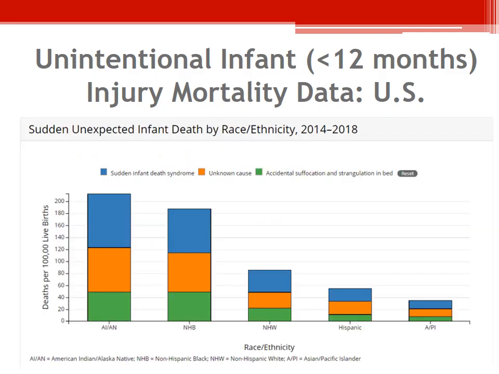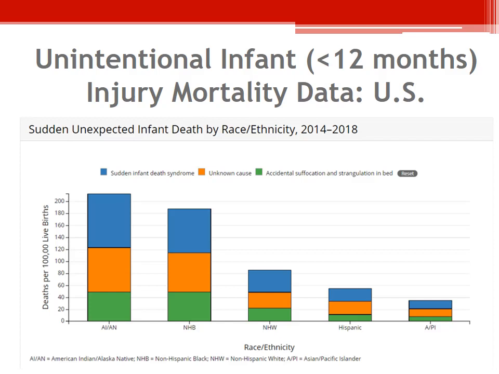Like many other forms of injury death that occur in the United States, sudden unexpected infant death is not seen uniformly across different race and ethnicity categories. These are numbers per 100,000 live births, so these are rates, not total numbers. Try to ignore the colors of the bars because for sudden infant death syndrome, there's still a little bit of controversy as to whether it's actually a separate thing from SUIDs. I mean, basically they're SUIDs where we don't know the cause, so really the orange and blue segments of the bars should be the same color.